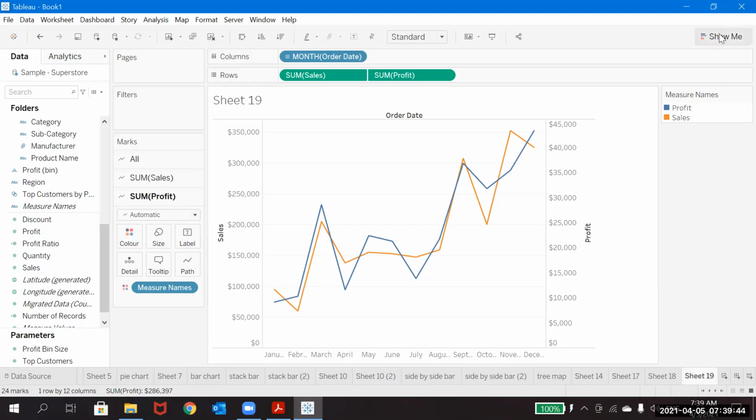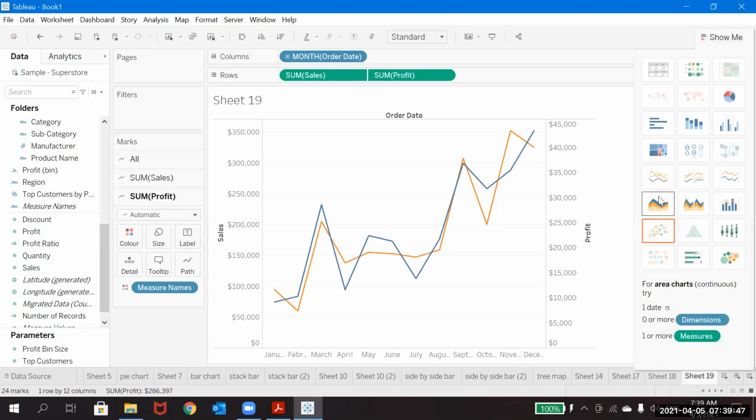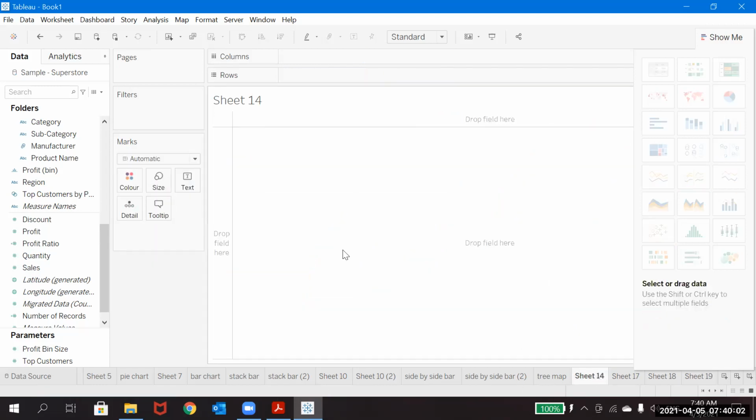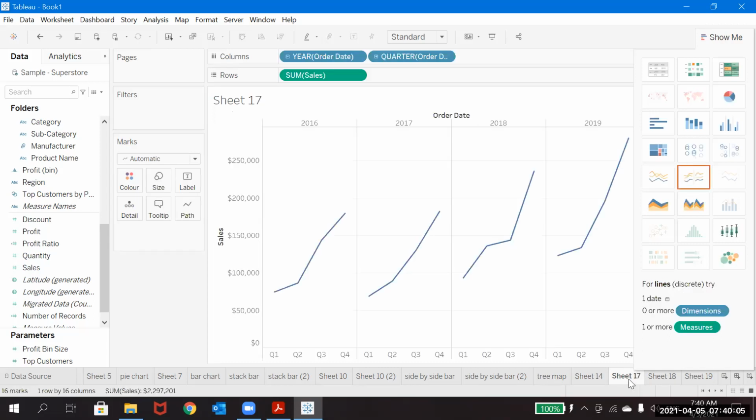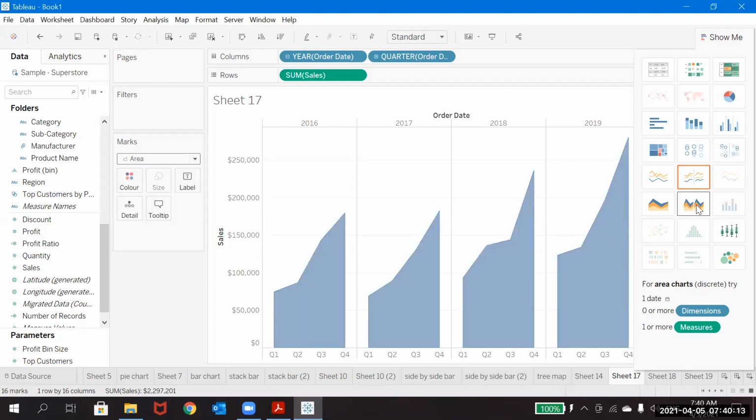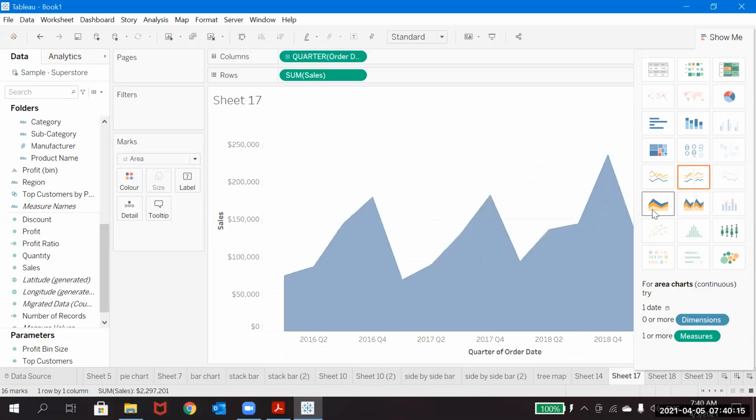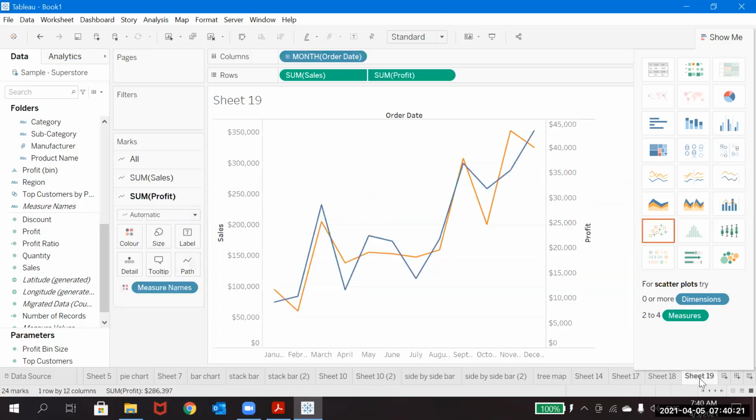Now we will see the other charts here. Area chart. So area discrete chart. See, line and area both are similar, and this dual lines is also similar to the dual combination. We will just see how it is. If you go into the mark shelf and click on area, that is the area discrete, and if you click on this, that is the area continuous. Now we will see how that dual combination works.